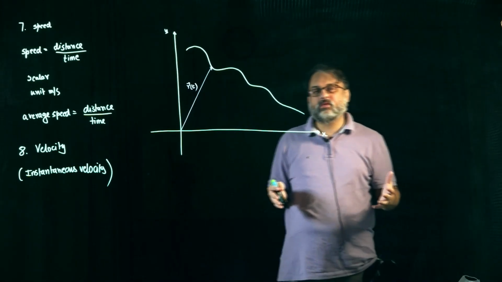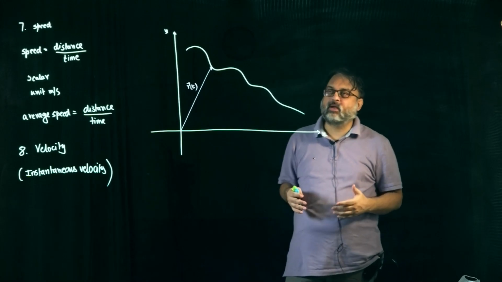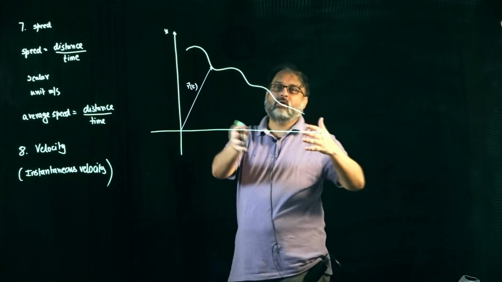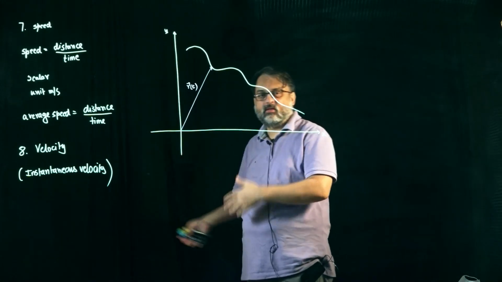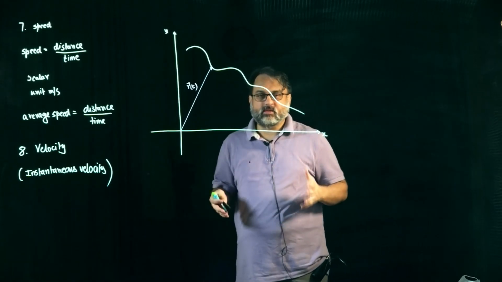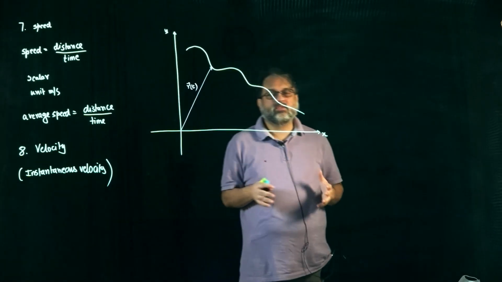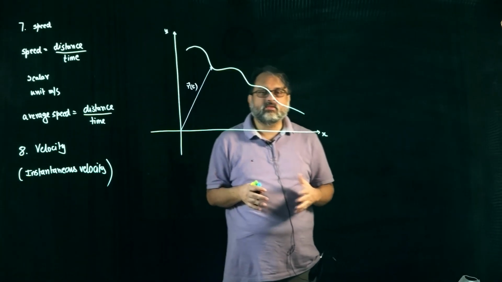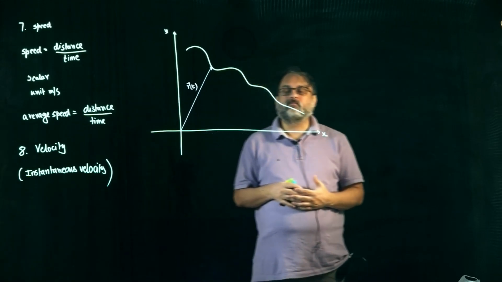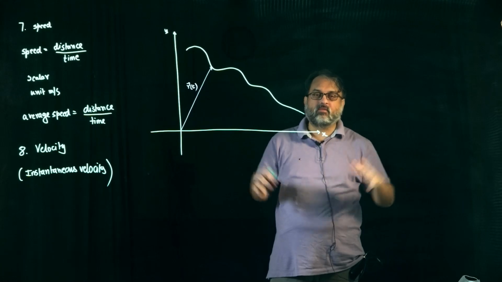They are not bothered with the fact that I stopped at 3 red lights. They are not bothered with the fact that I got out and took a left, and then a left again, and then a left again, and then a right, and so on. They are not bothered with that. So when we are defining average velocity, we are looking at an overall picture of what has happened.